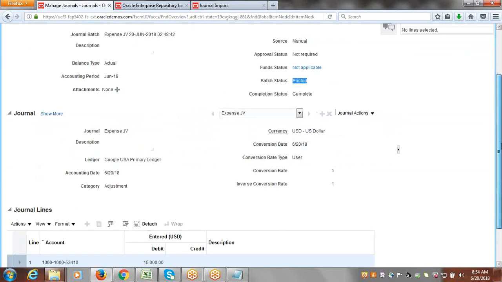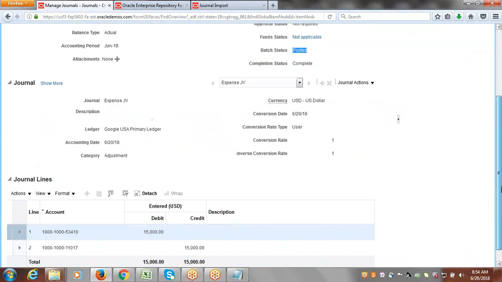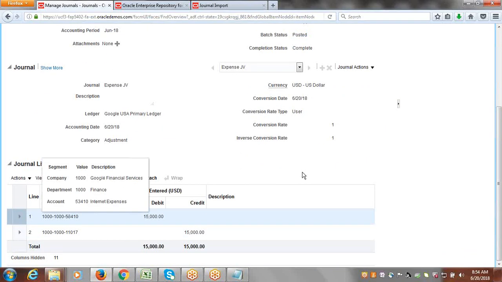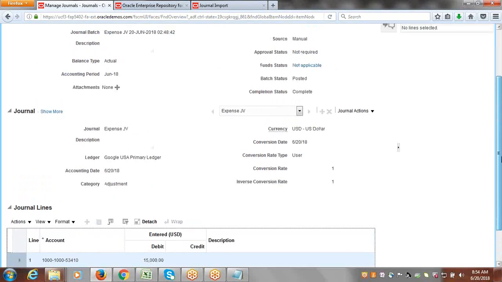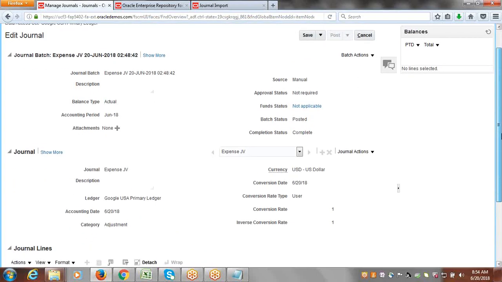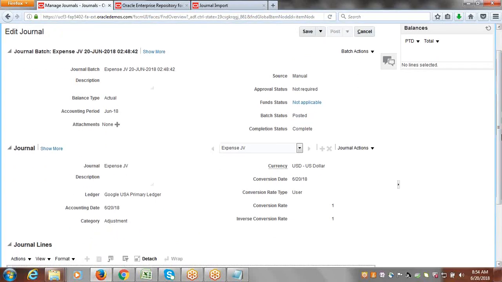Say within the journal we entered some wrong information, say we selected the wrong account. Now you cannot change it. Reason: the journal is posted and balances got updated. So the only option is to reverse this journal and create another journal. To reverse it,